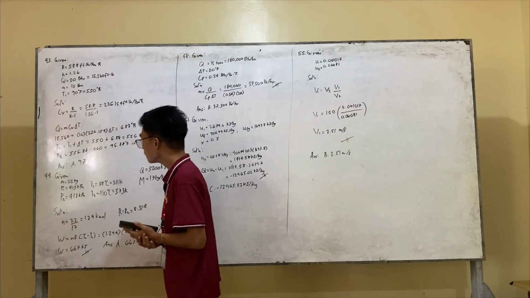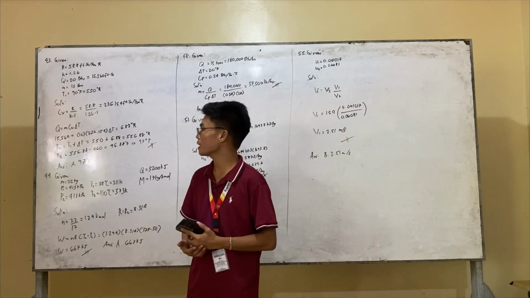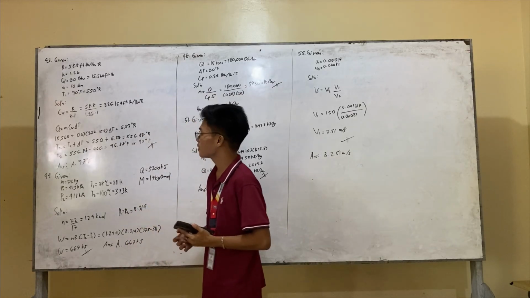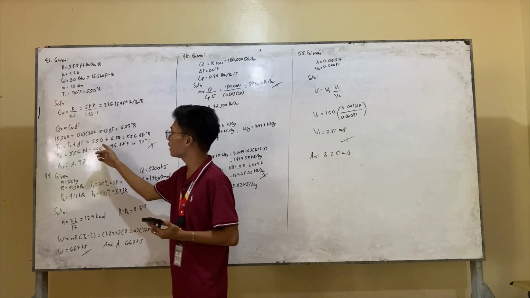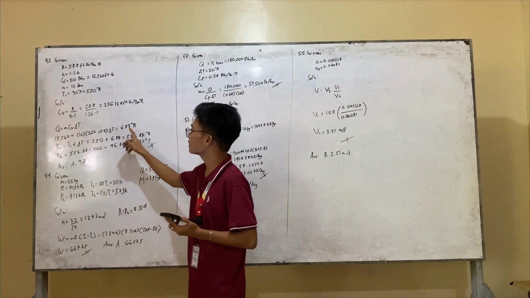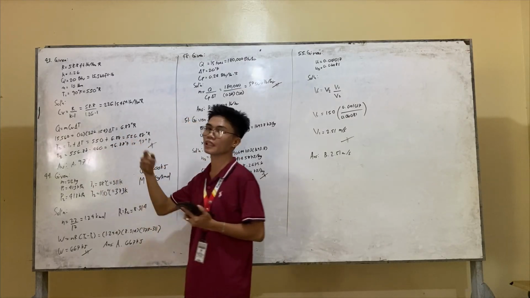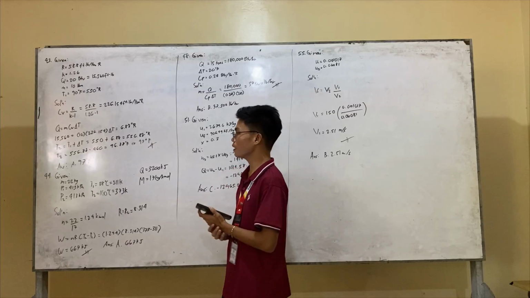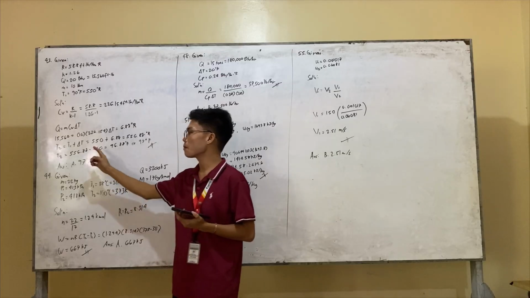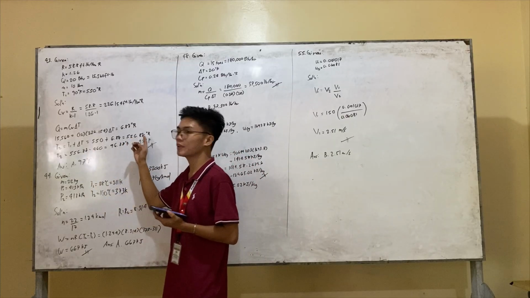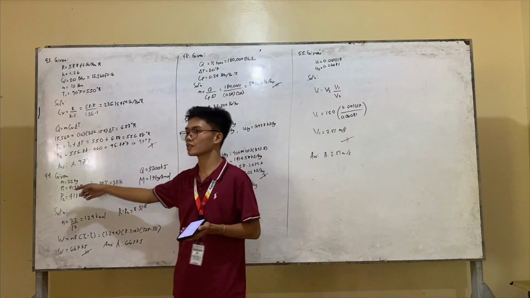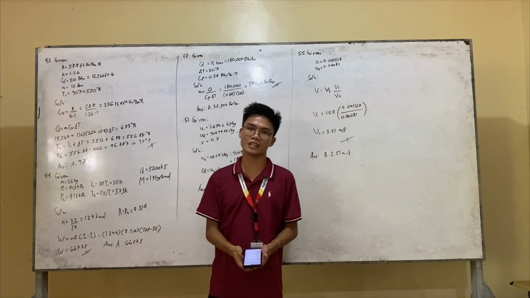So now we can get the final temperature. The formula will be T sub 2 is equal to T sub 1 plus delta T. So just substitute. Our T sub 1 is 550 plus our delta T is 6.88. We can get 556.88 degrees Rankine. Now we will convert back to Fahrenheit, so we just need to subtract 460 from 556.88. So we can get 96.88 or 97 degrees Fahrenheit. So the final answer is letter A, 97 degrees Fahrenheit.